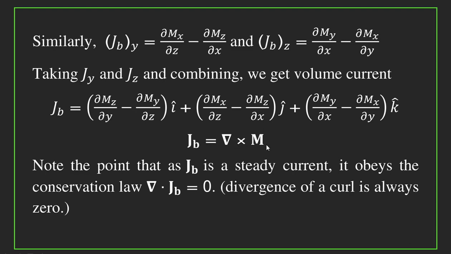So we see that this is physically a real current which is passing in the interior of the material. But here also it is bound, because no single charge can move throughout the material. Each charge is bound to the parent atom. Another point: in magnetostatics, del dot J is equal to 0. So here also del dot Jb is equal to del dot of del cross M, which will always be equal to 0 because the divergence of a curl is always equal to 0.